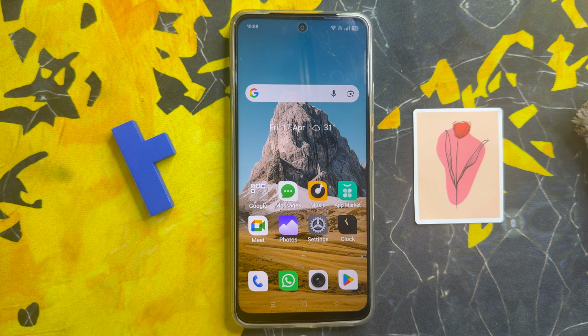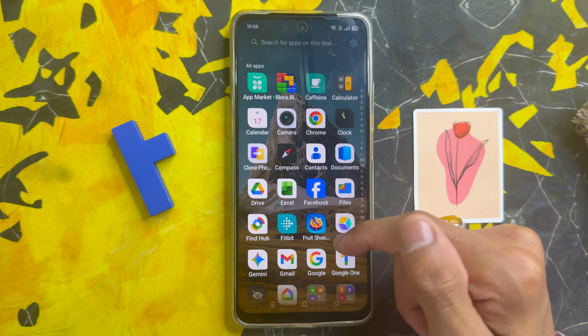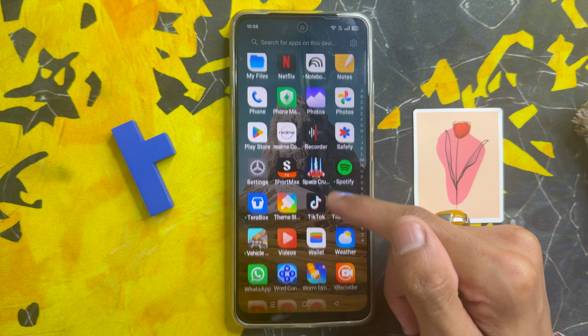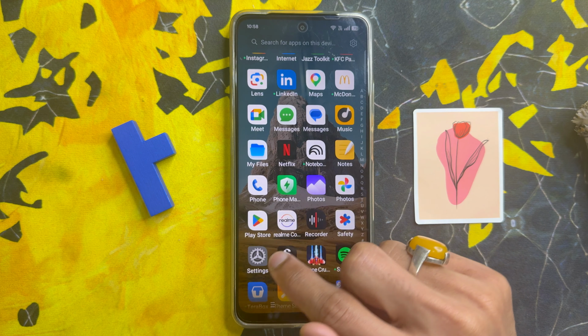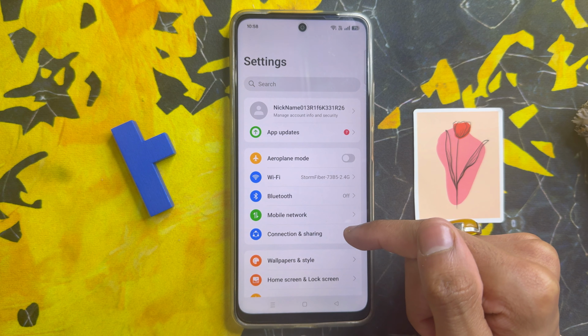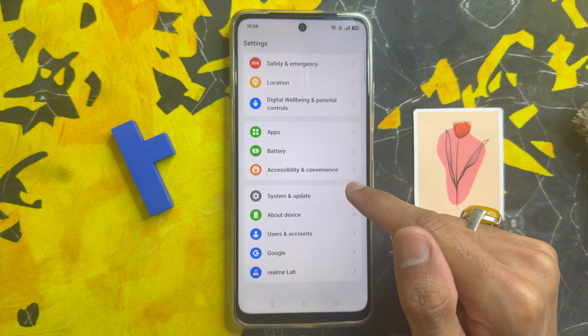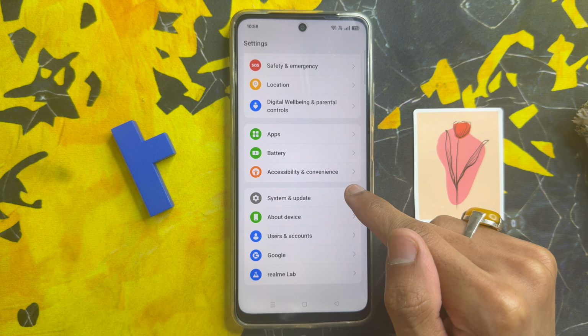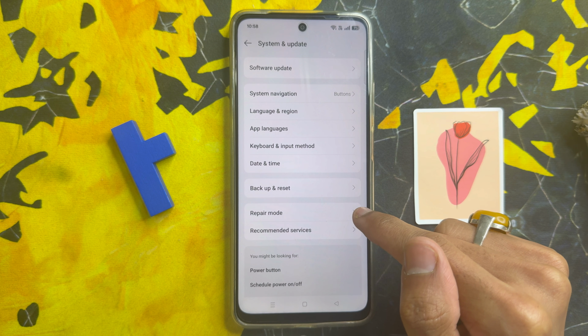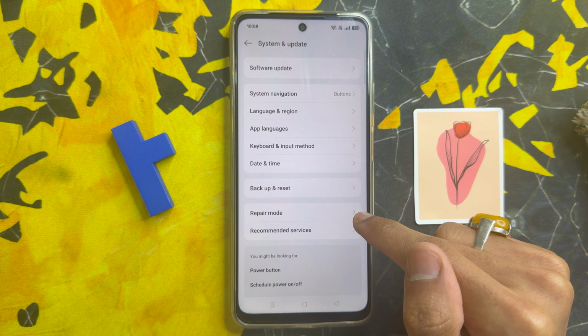But if it doesn't fix this problem, go to the app library. Here click on the settings app. Now in settings, scroll down. Scroll down and click on system and update. After clicking on system and update, click on